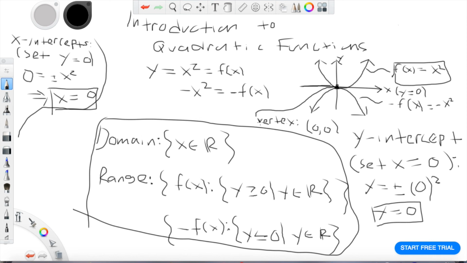And we're going to talk about the vertex in the next video. But to end this video, all I wanted to talk about was the domain of this quadratic function, the range of the quadratic function, and the x and the y intercept of the quadratic function. In the next video, we're going to talk about how to complete the square, and we're going to talk about the